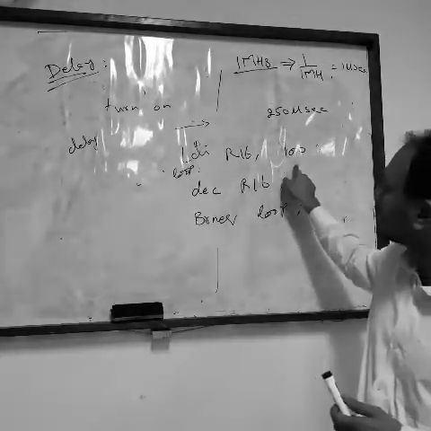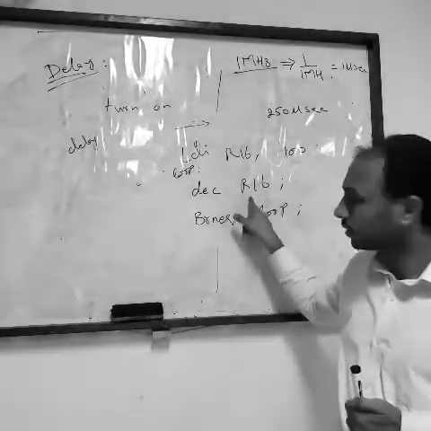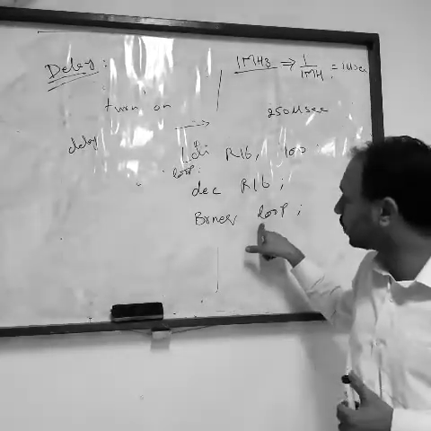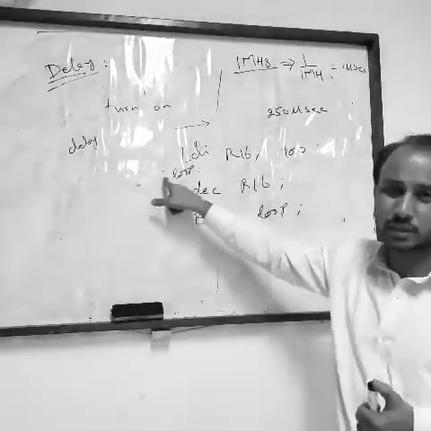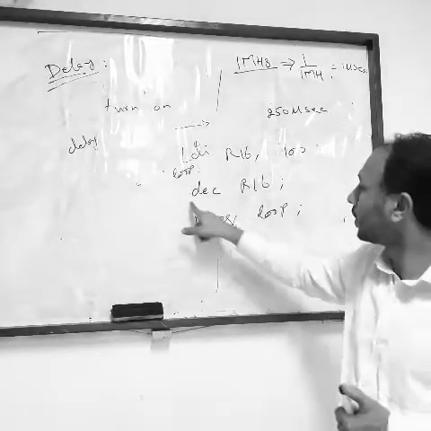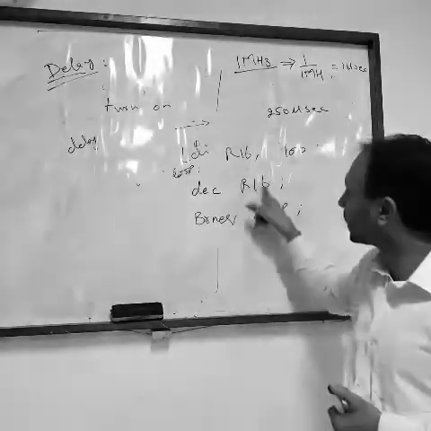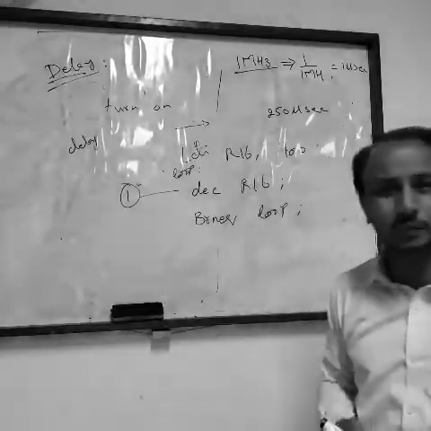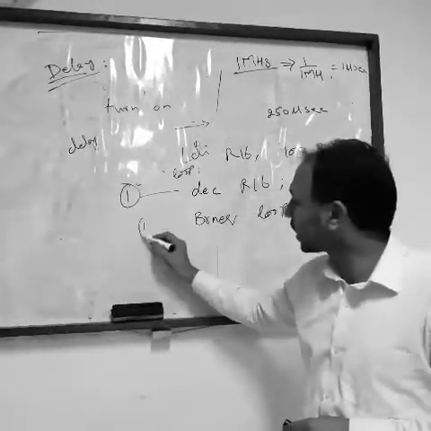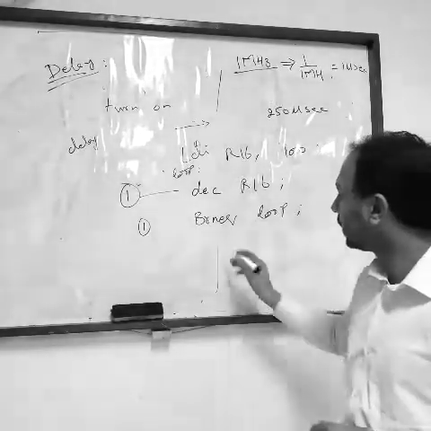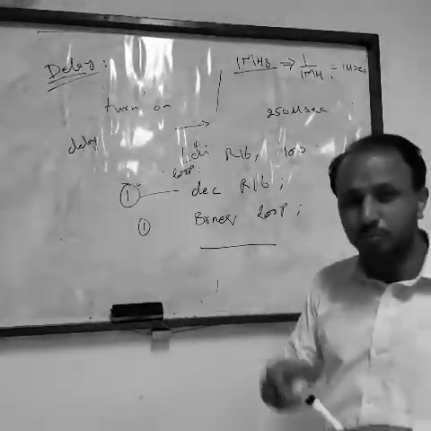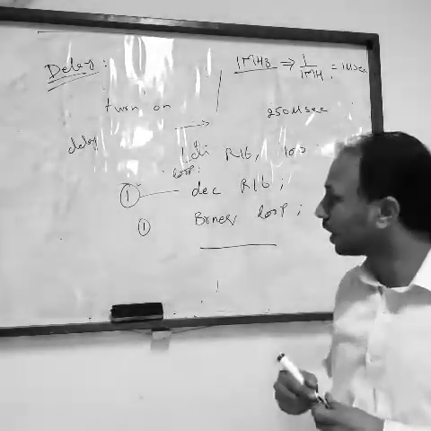So this is a 100 value, it will decrement, and unless this value becomes equal to 0, it will take the jump. Then it will take the jump 100 times. So this instruction is taking 1 clock cycle. This instruction also takes 1 clock cycle, but after this your processor fetches the new instruction.